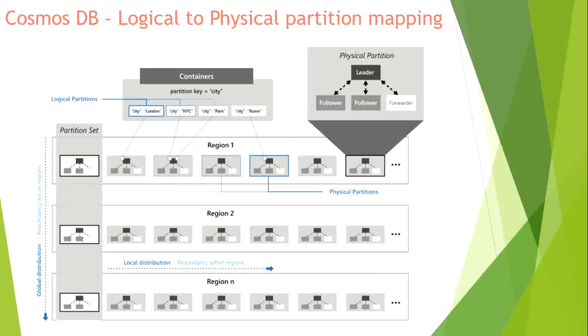If you take a closer look at this diagram, which has been taken from the Azure documentation itself, you can see that there is a logical partition created for one container, and this logical partition is mapped to a set of physical partitions in a particular region. You can have that in one region, or you can create it in multiple regions. We'll take a look at how we create a highly available architecture for Cosmos DB in the next lecture. So this is how the logical partitioning is mapped to the physical partitioning.